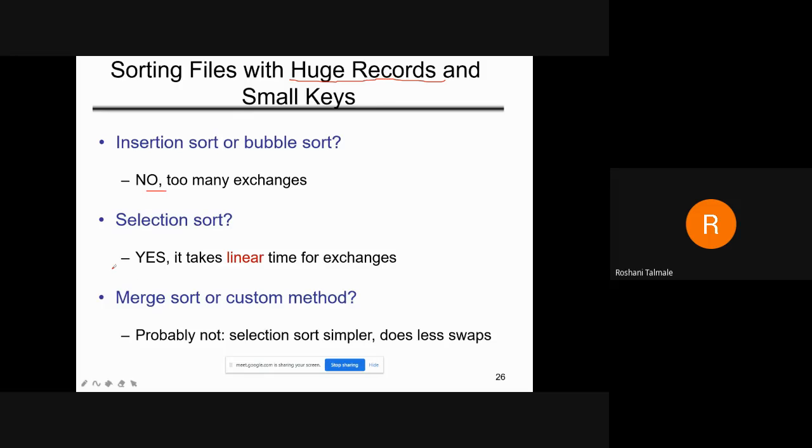When we compare it, selection sort is the best case. But in merge sort, your large size is divided into two parts. And what is the question? The question is, I want to recognize my MP3 file from the large amount of data. So in this case, selection sort is more simple.